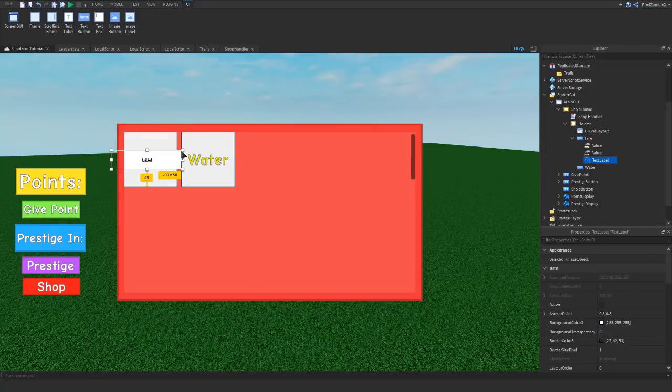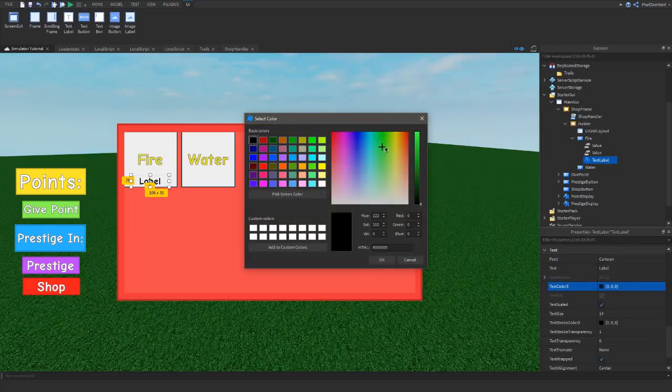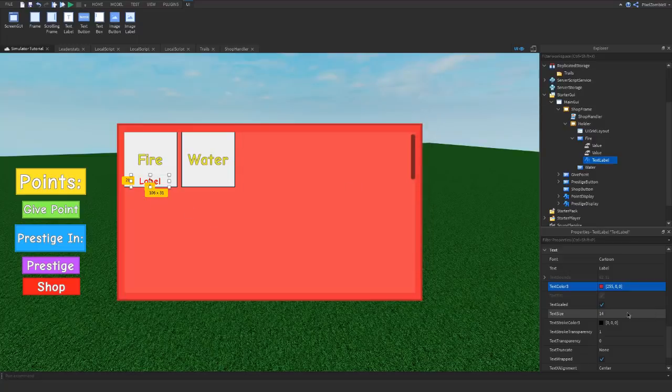First, with the text label, size it to whatever size you want. Background transparency 0, scale it, and I'm going to make it green, or actually maybe red. It's very hard to change color labels, so we're not going to be changing it. And make sure the text is not purchased, because these are all going to be not purchased by default. Make sure you name this exactly status with a capital S